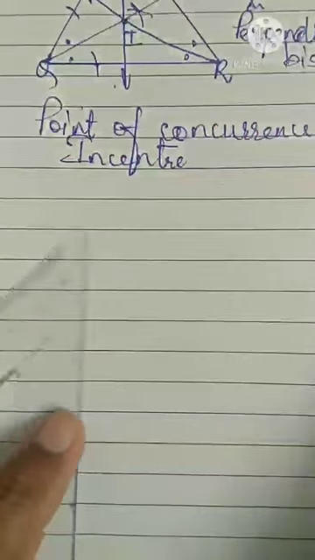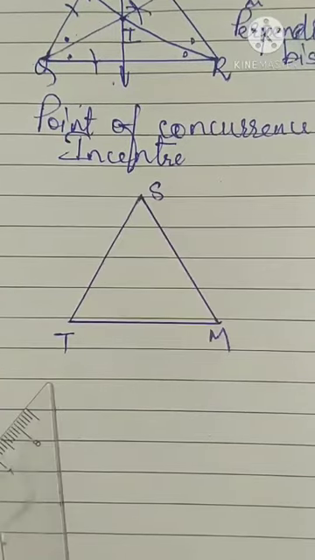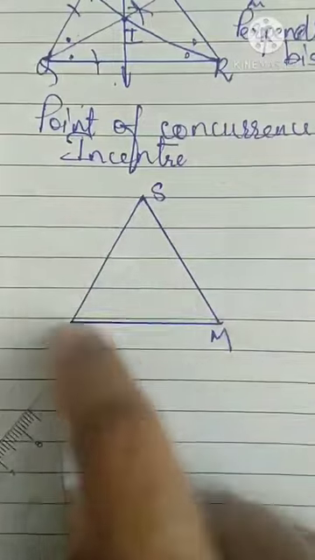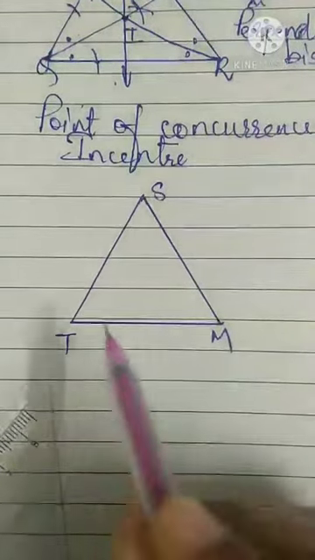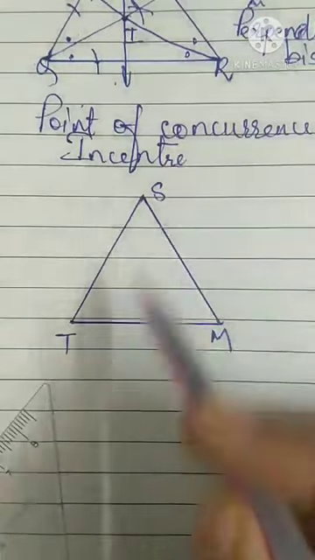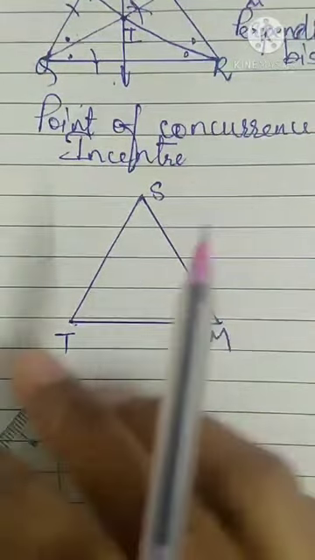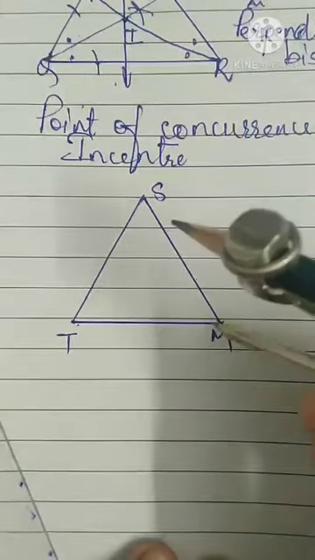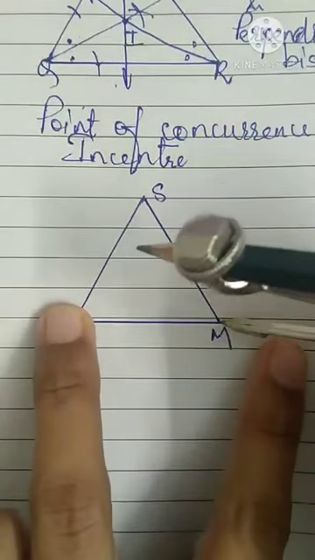Similarly, we will talk about perpendicular bisector. Let me consider a triangle. Let us consider triangle STM. Now we have to find out the perpendicular bisectors of each side. Perpendicular bisector means the line dividing each segment into two equal parts. That is how you used to draw it. You used to take your compass. You used to keep your compass at M. First we will draw for side TM.